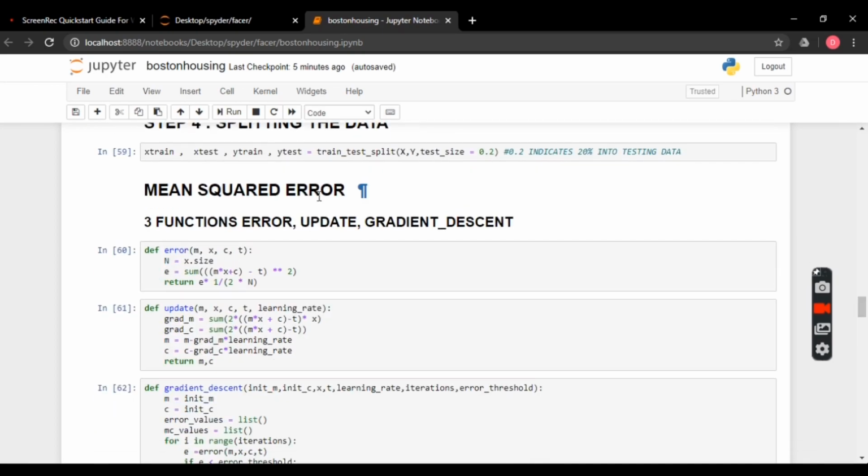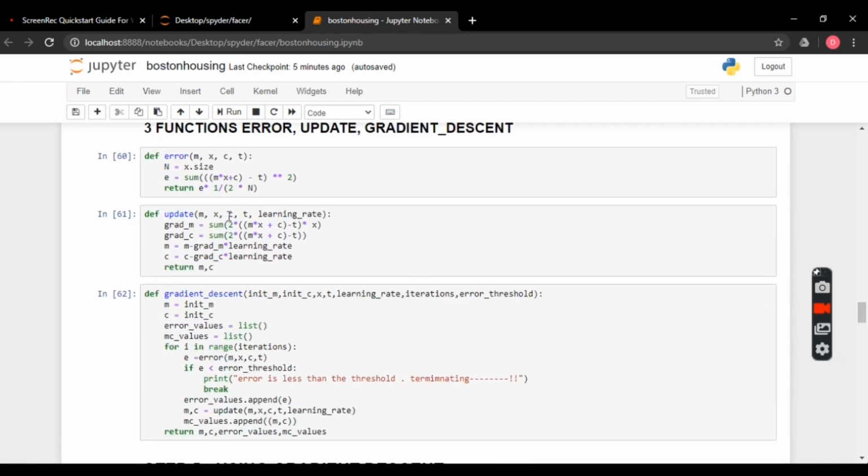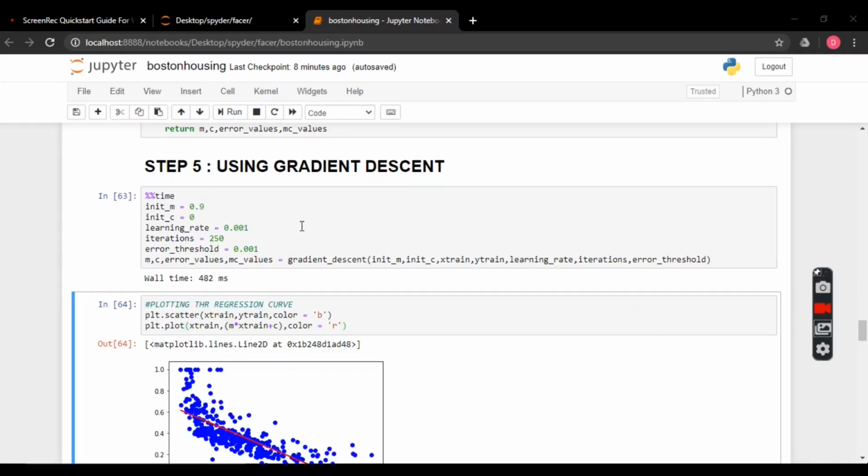Next, we are going to calculate our mean square error. We are making three functions for that: the error function, the update function, and the gradient descent function. These are here as follows. In gradient descent, we are calling %%time, which means the total time taken. Then we are giving the initial value of m as 0.9,